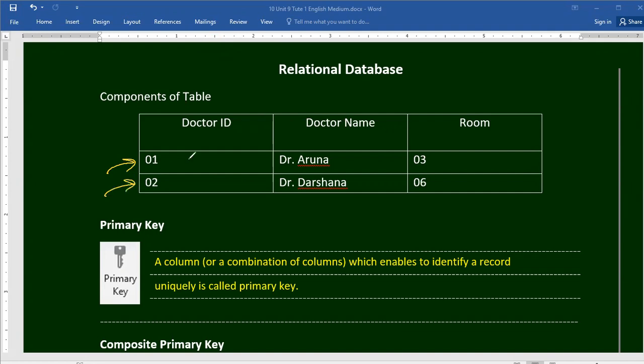these are rows and these are fields or properties. Attributes, not the properties, attributes.